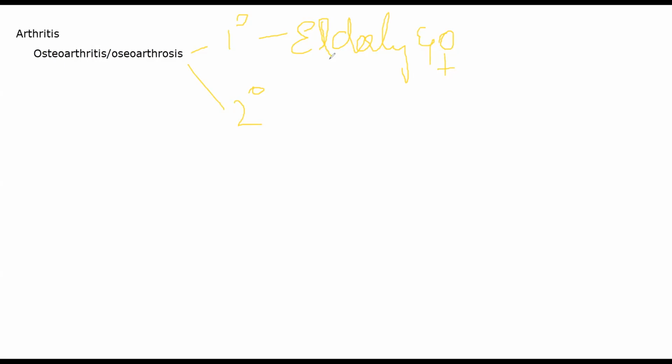Now, it can also occur as a secondary form. Secondary osteoarthritis generally can occur at any age. ठीक है? It is a manifestation of some other disease which is causing osteoarthritis. So it can be an infection, or it can be cancer, or it can be any other cause that is leading to secondary osteoarthritis, which can occur at any age. Okay, primary mostly occurs in women and in older people. Secondary can occur at any age, and you will see the most conspicuous signs of secondary arthritis in large joints, your knees, hips and back.